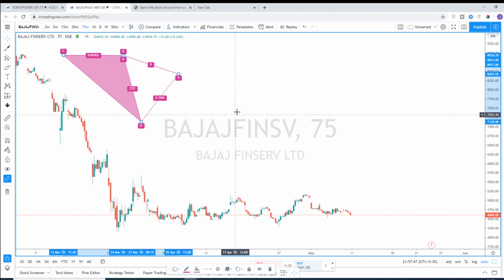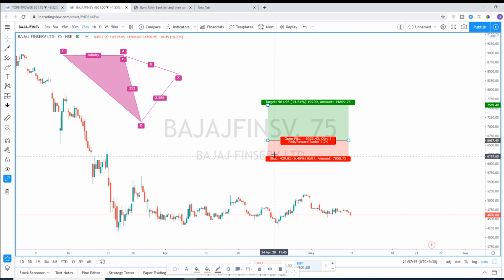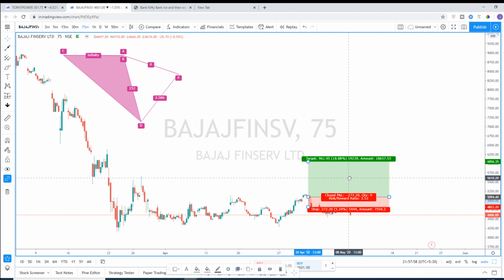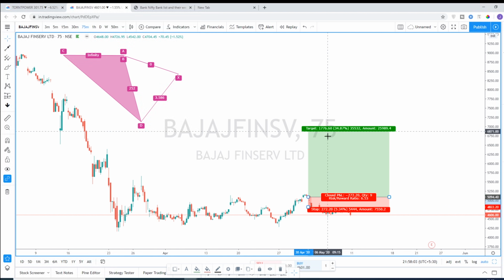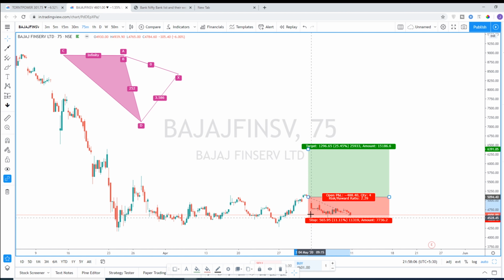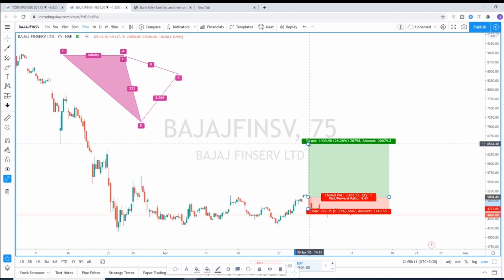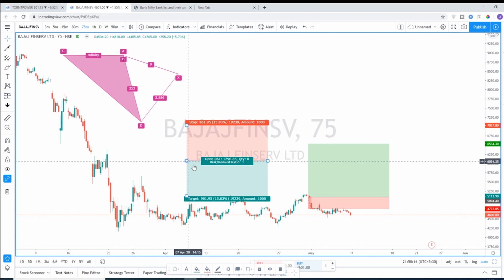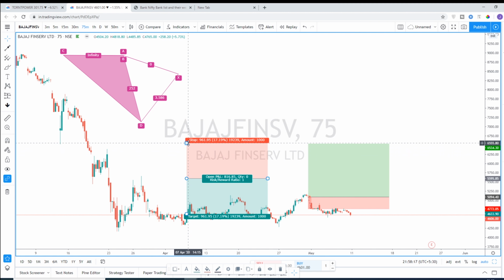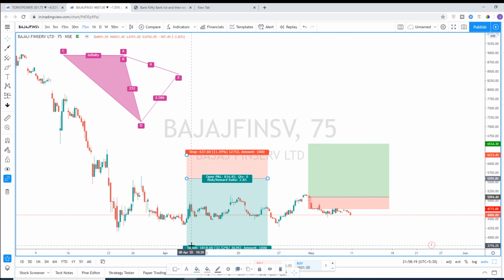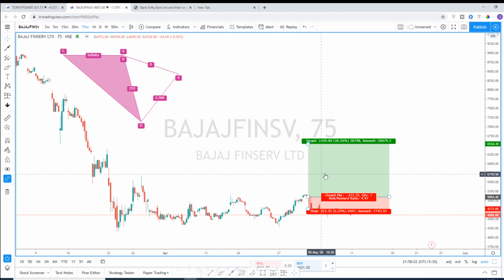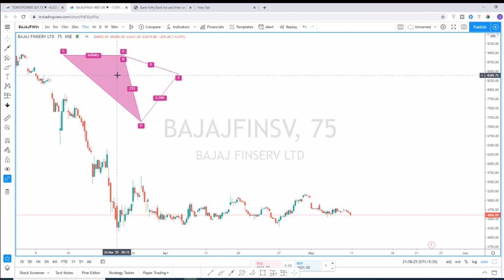And the most commonly used tool is this one for me. This is a very good tool to calculate your risk reward ratio. The middle part is your entry, and you can adjust the target, and also you can adjust your stop loss. You can calculate the percentage here and your target also. Same goes for the short position. The middle line is your entry. You can adjust your stop loss, your target. Before taking up any trade, I use this to calculate my risk for each trade.